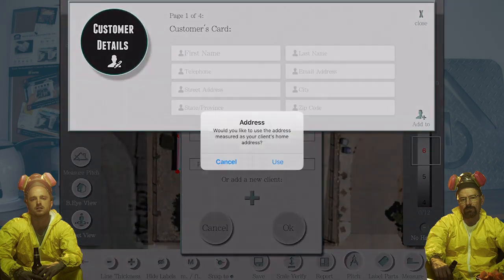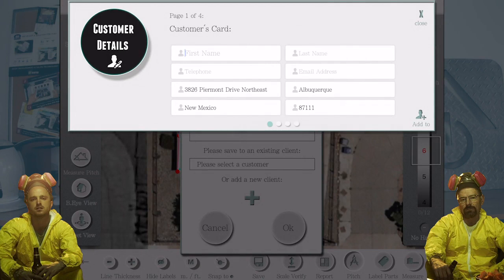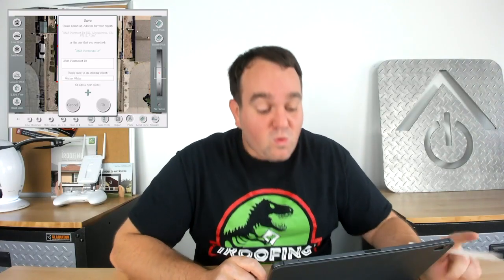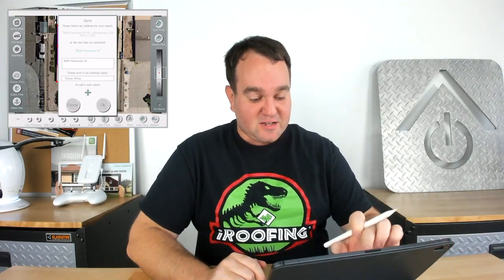So I can actually go ahead and hit this plus button right on the bottom. And it'll say, do you want to use the address? And I can say, yeah, you can use that. And then I will go ahead and put in first name, Walter, last name, White. And what that's going to do is make a customer called Walter White right there. And I can go to the prettier address,